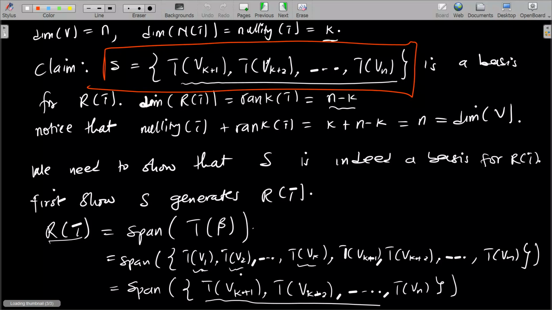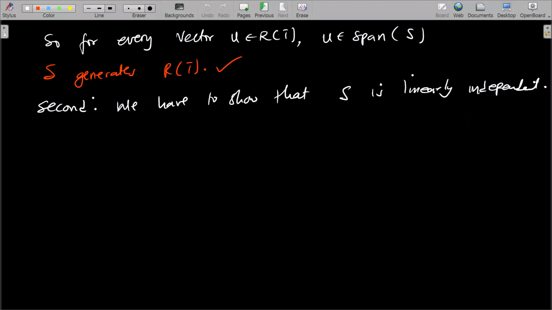If you're able to show that, it means this claim is true, and indeed the dimension of the range of T plus the dimension of the null space of T is indeed the dimension of V. So to show this, let's start by